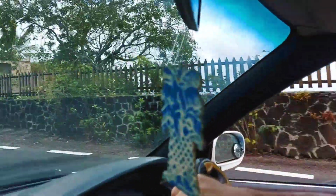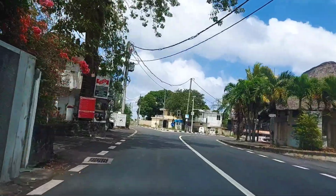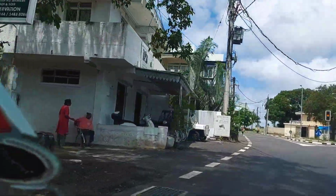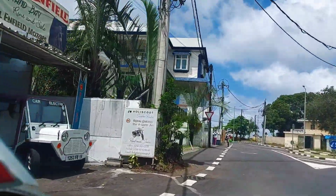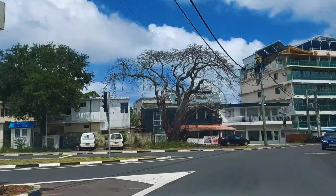And then Riki's going to swing it around. We're going to slow down a little bit so that you can see out her window. This is where the Royal Enfield is now. Okay, Royal Enfield motorbikes are there now. Cool. And this traffic light never works. It's always just on orange, so you just...